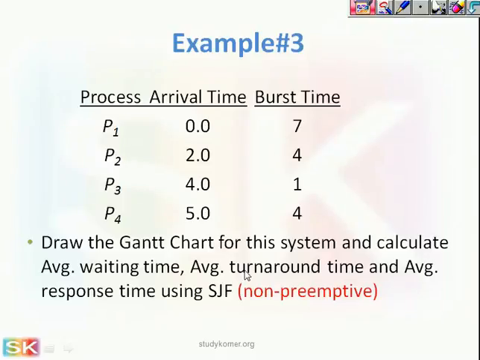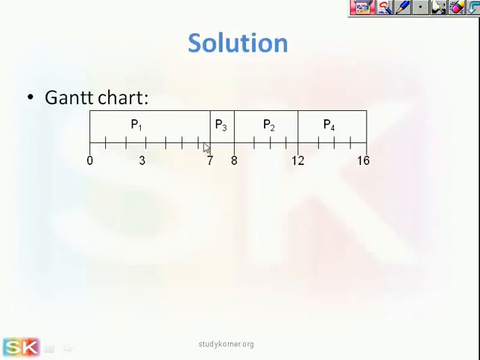Why? Because it is a non-preemptive SJF algorithm scheme. So because of this, even if P2 is having higher priority than P1, or P2 is having less CPU burst time than P1, still P2 will not be able to preempt P1. So P1 will finish its execution first at 7 seconds, and at 7 seconds again check